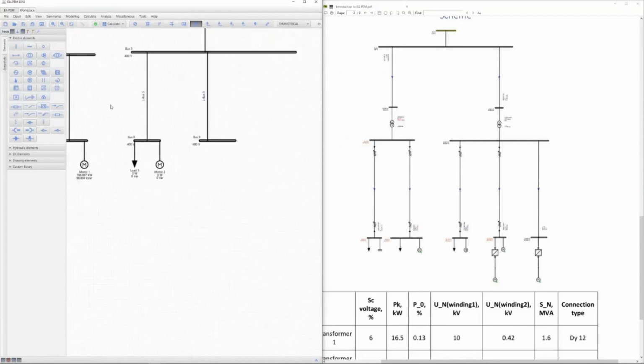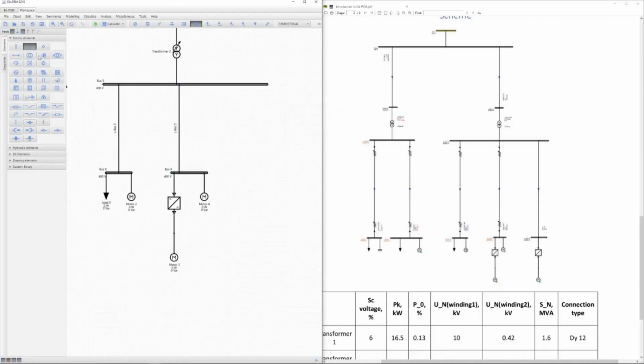Okay, now we're going to add a variable frequency drive. One input count, output count also 1. We're going to add a motor to it. Then a second motor. Then we're going to add another bus bar,